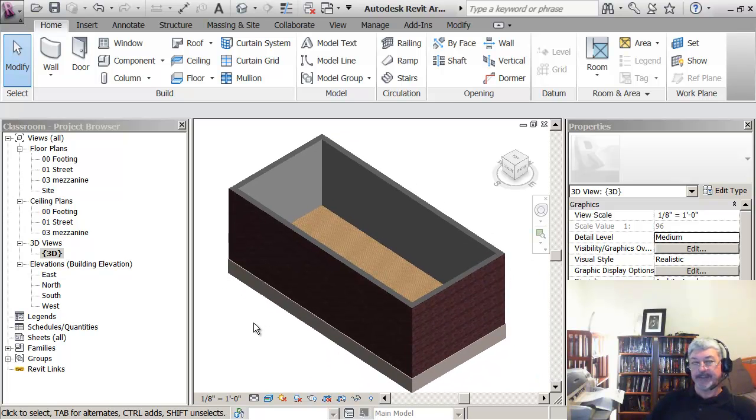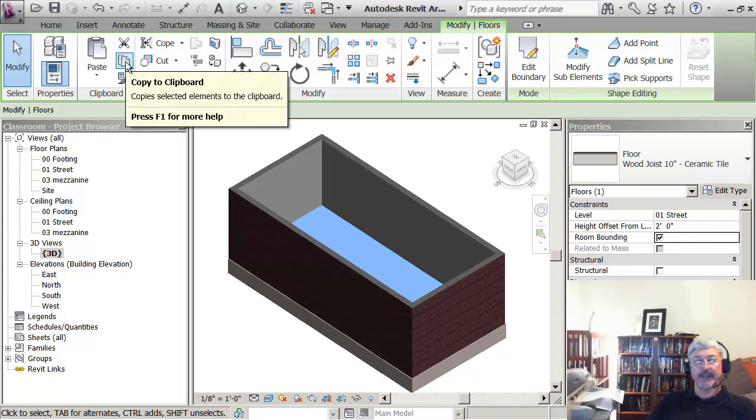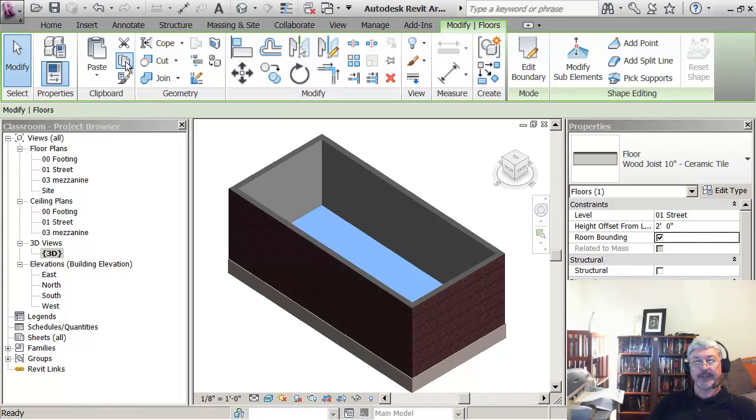The next tip would be that anytime you've got anything in Revit, and it doesn't matter what view you're working in, if you want to copy stuff from level to level, a technique is to pick the objects. In this case it's just a floor, but it could be the ground floor, all of the interior walls, all of the doors, all of the windows, and then I could do all of them at the same time. The technique is to copy that information to the clipboard,